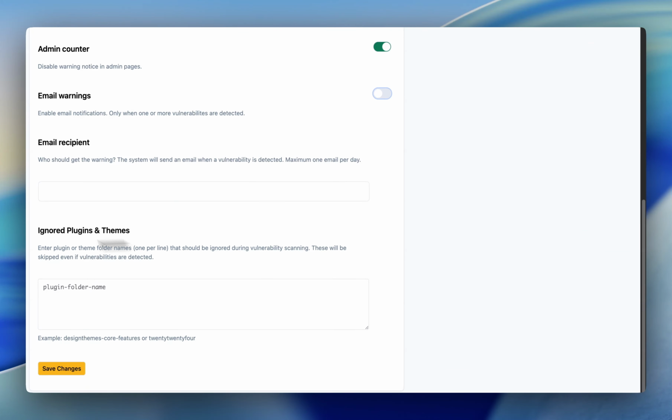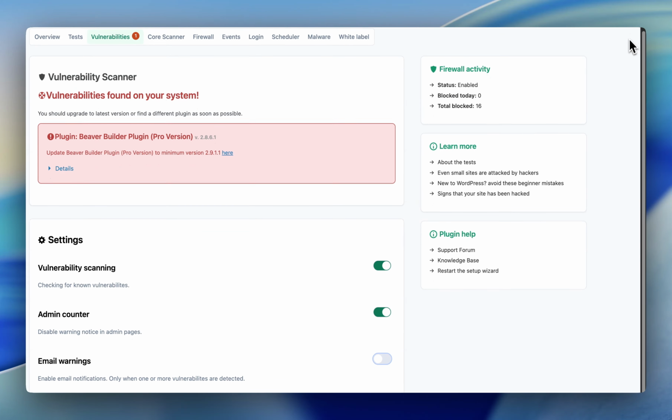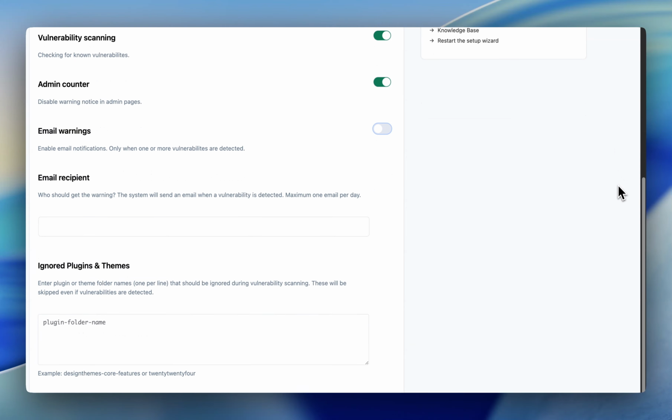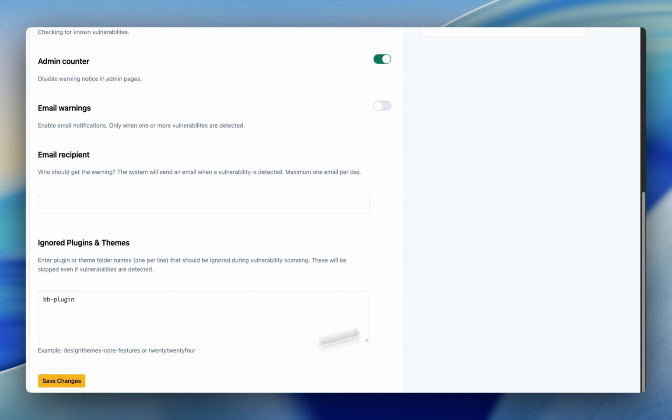You can also ignore various plugin or theme folders, in case you have a plugin that has been abandoned for a while and you took over and fixed some things yourself manually, or perhaps it's your own plugin and you know what you're doing. In this case, since I'm on a local server recording this video, I don't care that much. I happen to know the folder name, BP plugins, so I can ignore it. Press Save Changes,